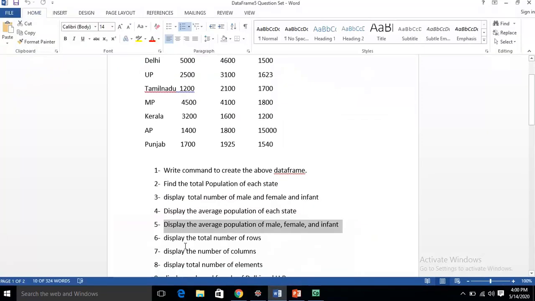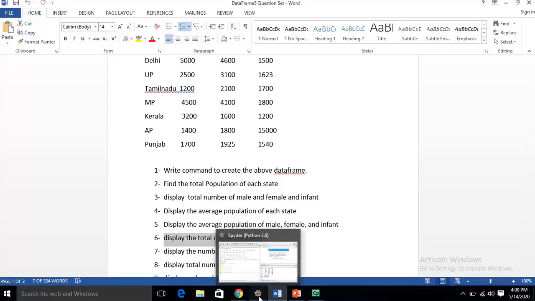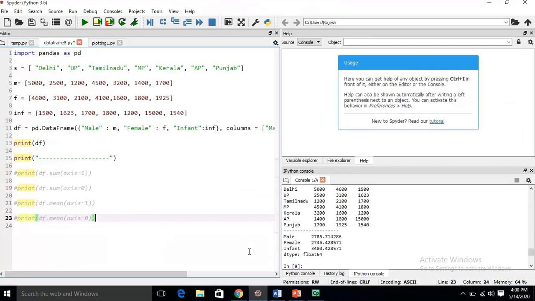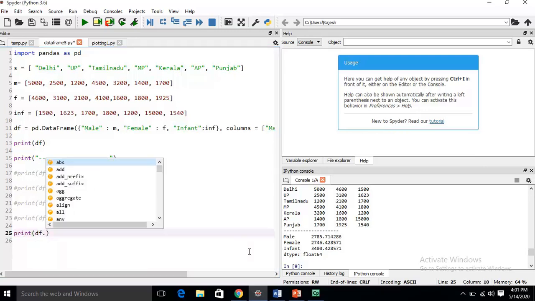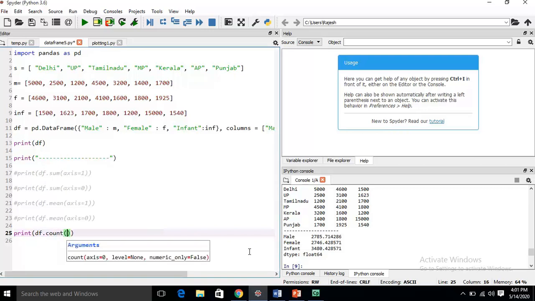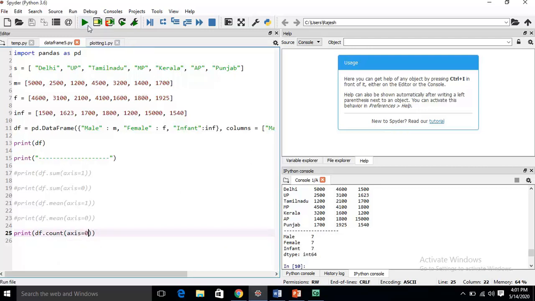The next question is display the total number of rows. If you want to display the total number of rows, for this df dot, we have the count function, then here axis is 0 because I have to count the number of rows.